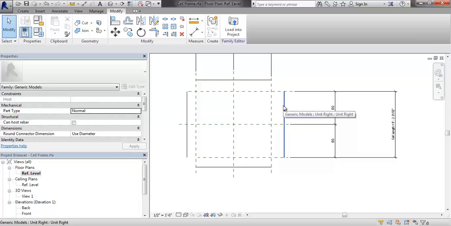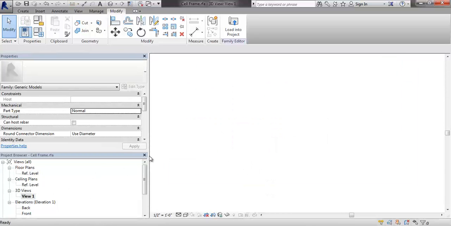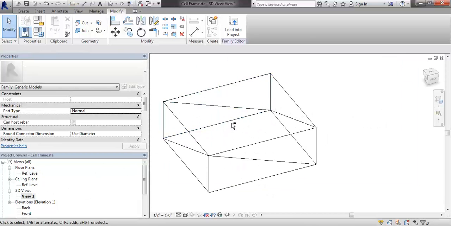So the last part is just to align now this piece to this piece, this piece to this piece, this piece to this piece, yada, yada, yada. Okay? So I'll do AL for align, and align that to that, that to that, that to that, that to that. Now if I go to 3D, I have my space frame,